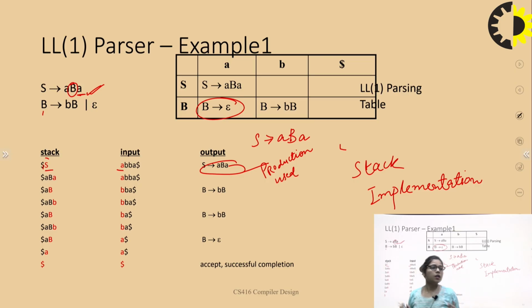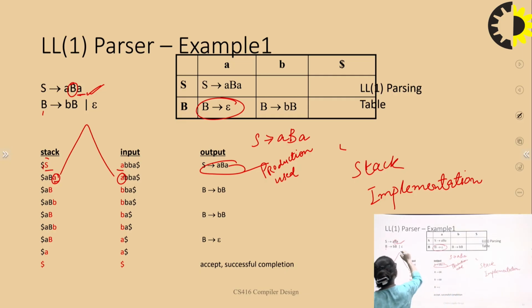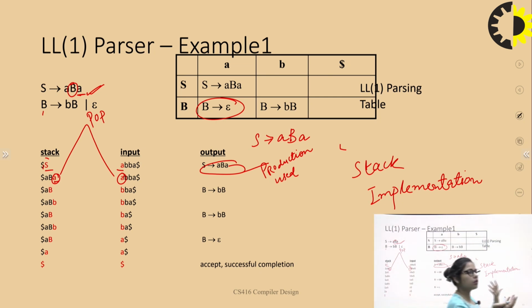Now the next step is comparing again this particular a and this particular a. This is the stack and this is the input buffer. Both the symbols are the same. When both the symbols are the same, we need to pop this symbol and the pointer is moved to the next symbol, now small b and capital B. Now I'm again comparing these two things: capital B and small b are two different things, right?